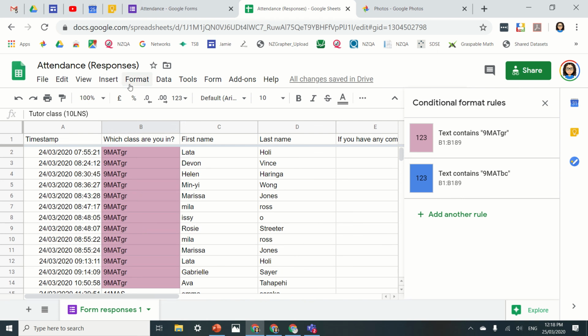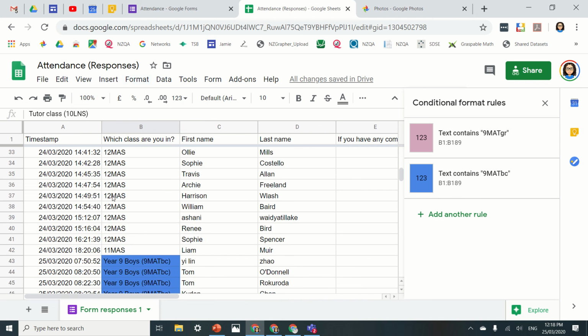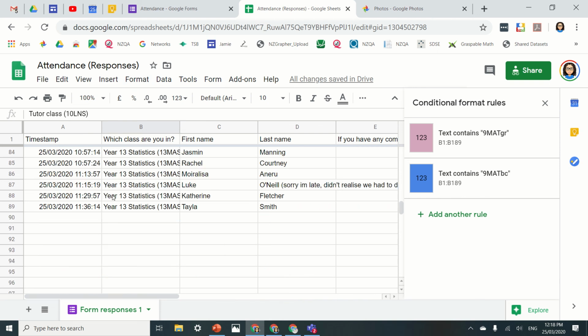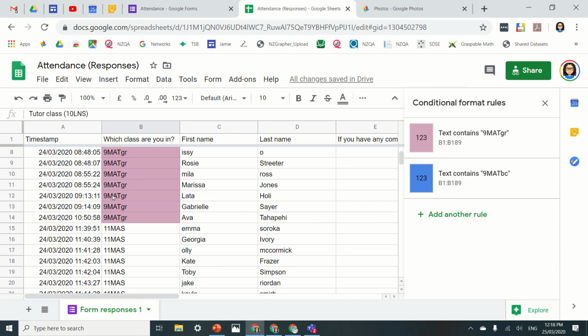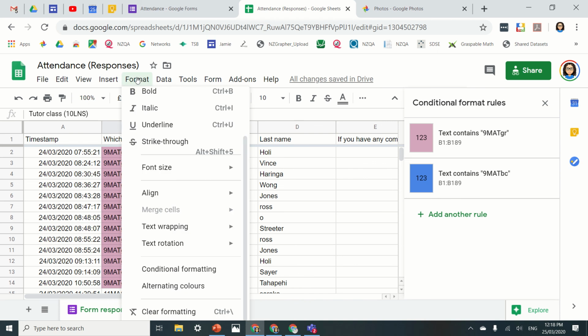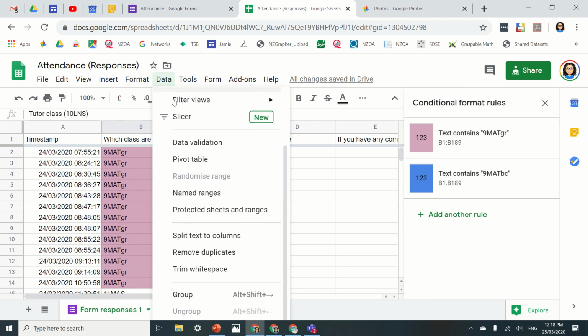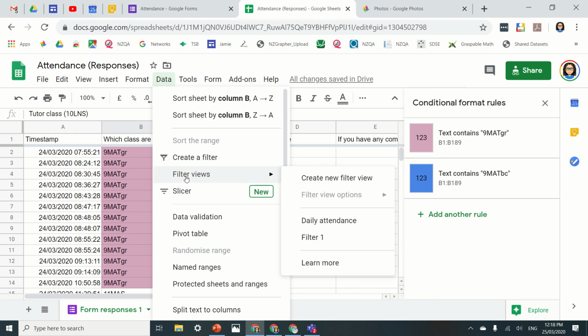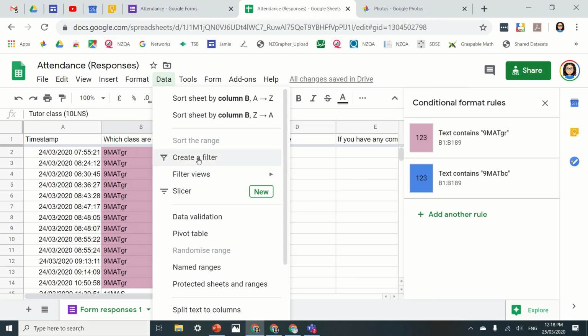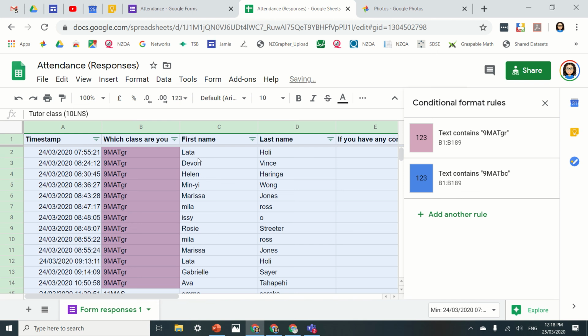But now I want to do the last step, and this is for being able to just see day by day. This is just going to put all of the responses for both days in here and just keep adding to this sheet. So remember, under the data menu, I go up to the top here, and under the data menu, there is an option called filter views. But first of all, I want to create a filter. So I'm going to click on that